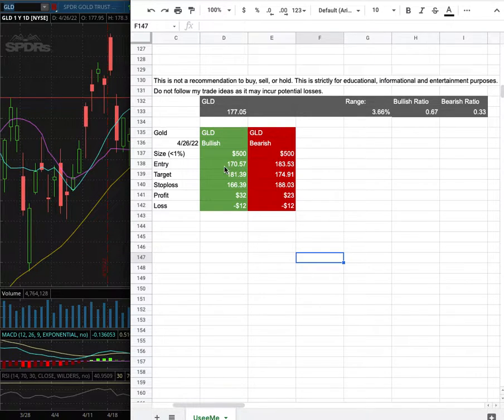My long entry is at $170.57. My sell target is at $181.39. My stop loss is at $166.39. However, if I were to open a short position, my entry is at